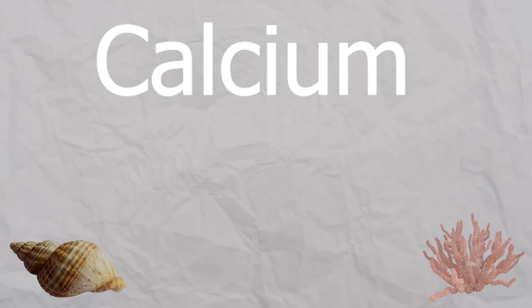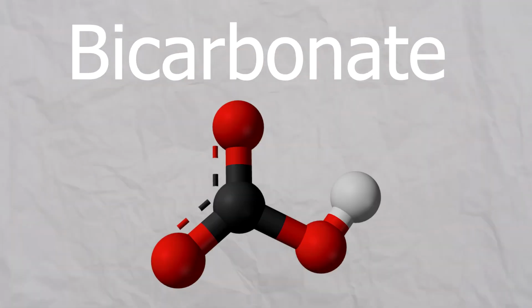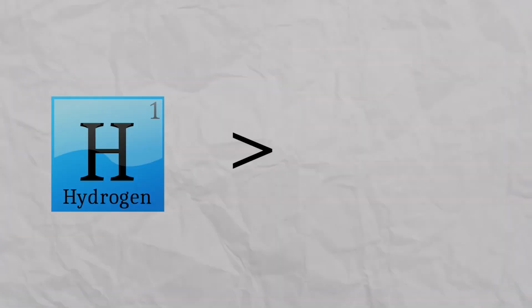Many creatures' shells and corals are made of calcium carbonate. When calcium and carbonate try to bond, sometimes a hydrogen ion will steal the carbonate from the calcium and create bicarbonate. This is because hydrogen has a greater attractive force than calcium. Before the Industrial Revolution, there was enough carbonate in the ocean to balance out the carbon dioxide being dissolved. But now, with the influx of human-sourced emissions, this isn't the case. Because more hydrogen ions are being produced, there's a massive impact on the pH in the ocean.